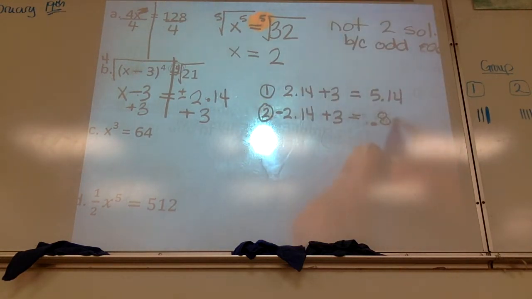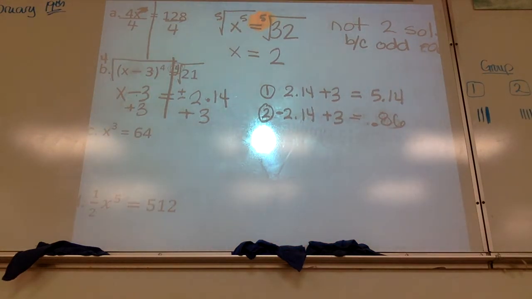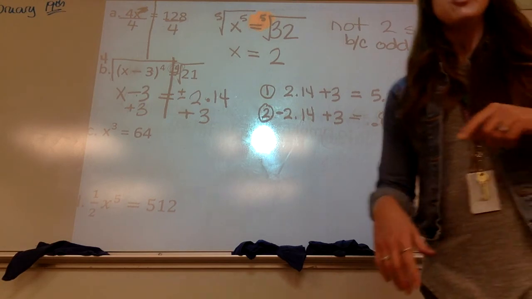Okay, and then if you take negative 2.14 plus 3, it's still positive, but it's 0.86. So you have to, when you're solving, remember if there's one solution or two, but otherwise when you're evaluating, you don't. The homework